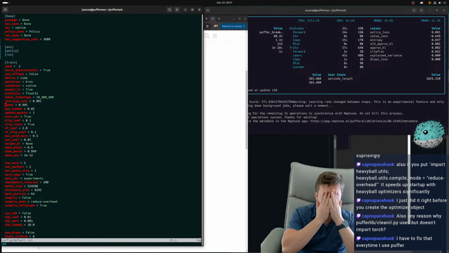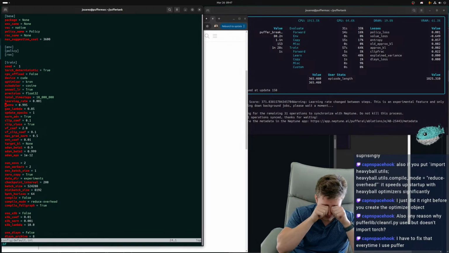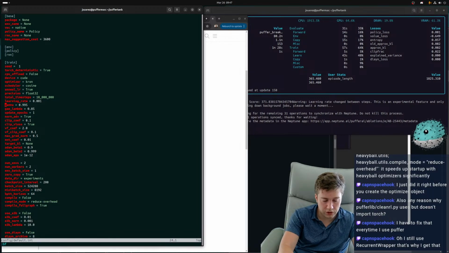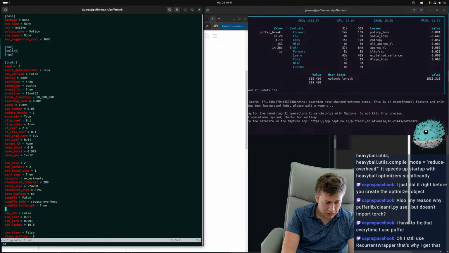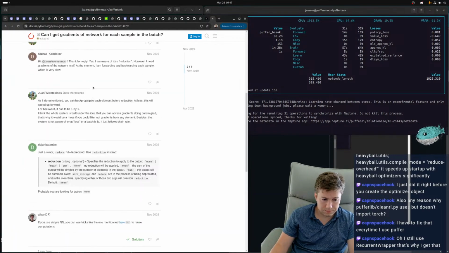The idea is that we make the main code path simpler so that you don't have to wrap anything in order to use our demo code, and then maybe you have to slightly wrap something if you want to use it with CleanRL. Don't use the recurrent wrapper, you just directly use the LSTM wrapper now. It's easier.